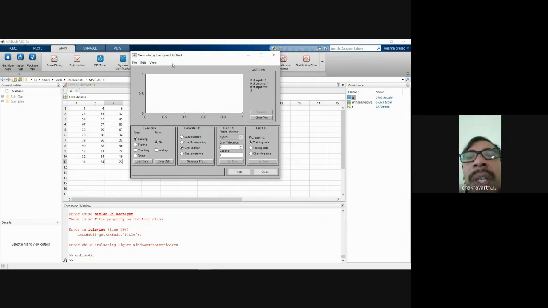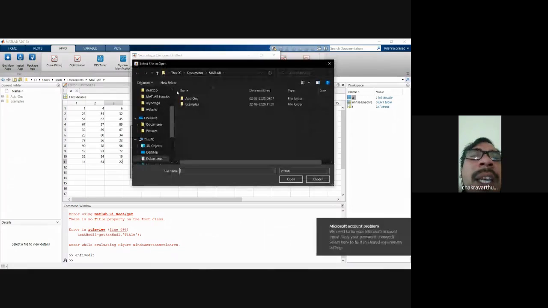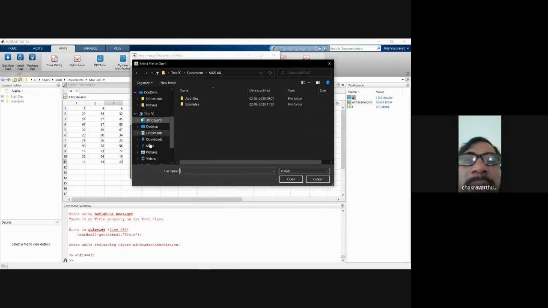In that, we have to upload the file either from the workspace or, if you have files, note that it takes only DAT format or CSV files. You just upload those files.